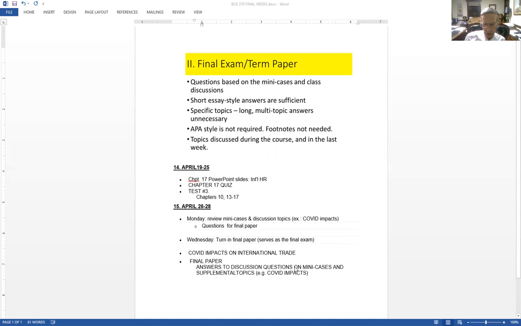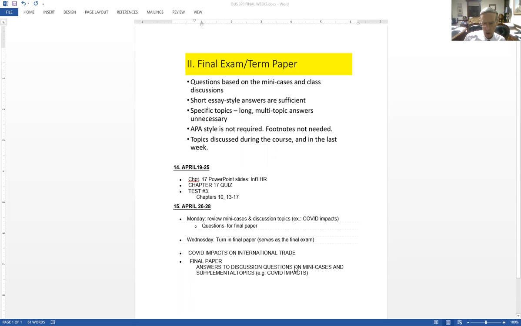But any way you cut it, these will not be long, involved term papers, more than one, for more than one question. Instead, there'll be relatively short essays, each intended to answer a specific question about a discussion topic such as COVID, impacts on international trade, or the many cases that we have discussed. So specific topics,